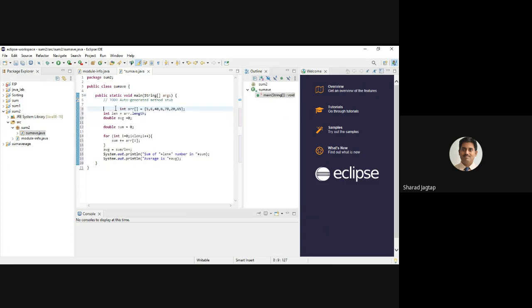So this is the program to find the sum of an array of n numbers. Here I have selected these 6 to 7 numbers.